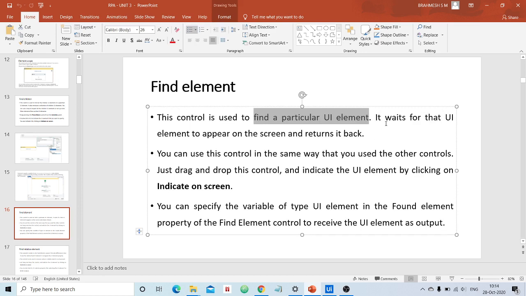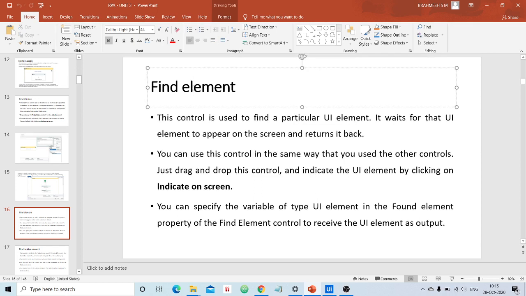Usually it will wait for that particular element to appear on the screen, and then finally it will return, so you can say whether it has been found or not found. You can use this control in the same way as other controls.